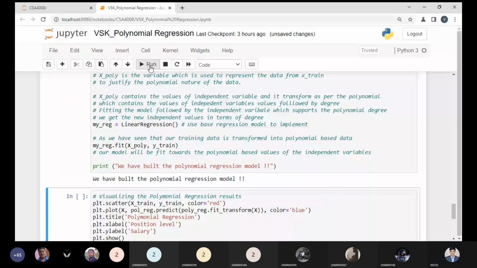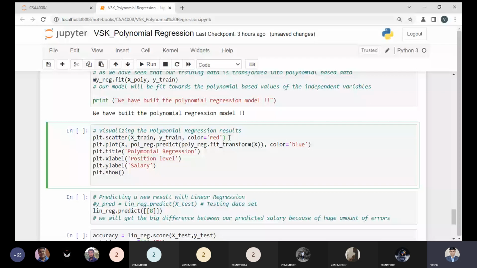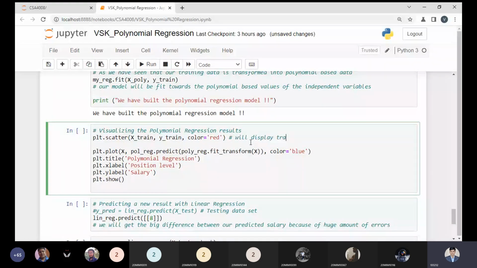Now this is the point. We will display training data points on the graph. So I'm scattering all the data points, the training data points.